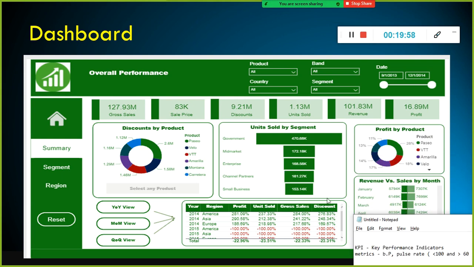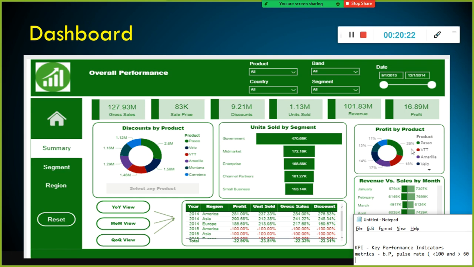It will help them to understand where they stand. The next one is, in this dashboard, we could see the discounts by product and profit by product. When they see this, they can understand very easily. Let's say they manufacture and sell only 6 products.